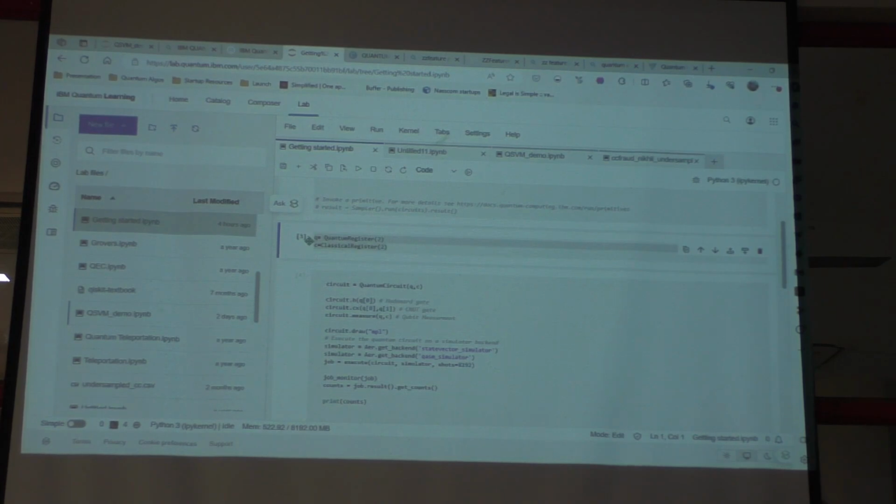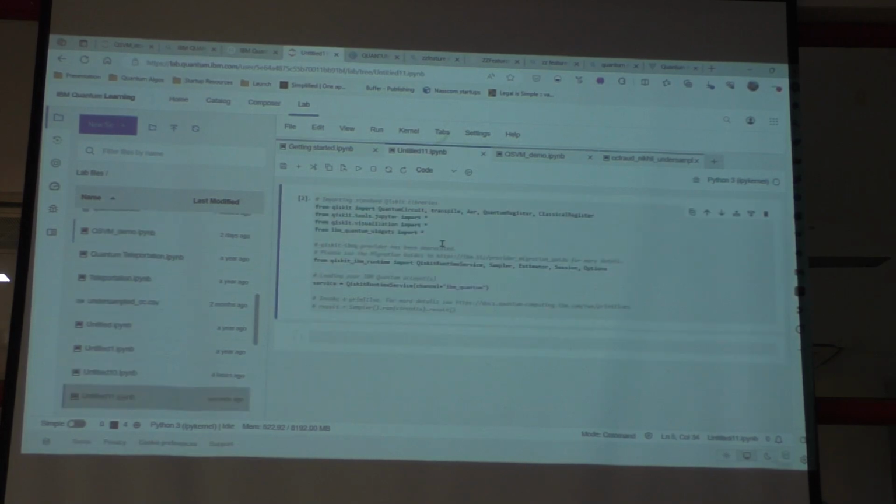Once you start with the Python 3 kernel for Qiskit, you won't actually need to import many other libraries. Most of the libraries will already be imported, so you can simply add Aer, QuantumRegister and ClassicalRegister, and the circuit functions extra to be imported.